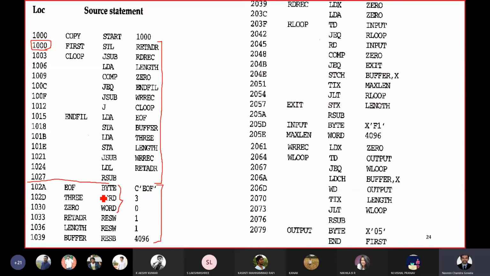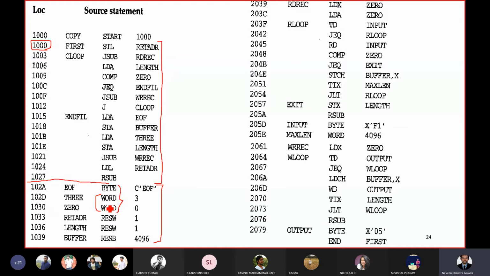Under word, whatever the operand, irrespective of the operand, you allocate one word of memory space, that is 3 bytes. So 2D plus 3 is 30, 30 plus 3 is 33.